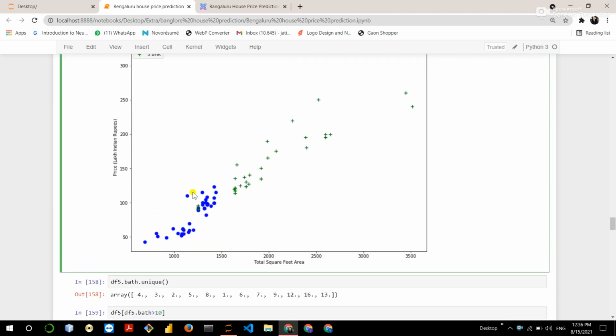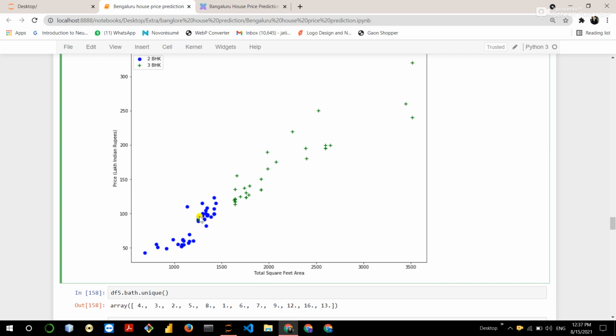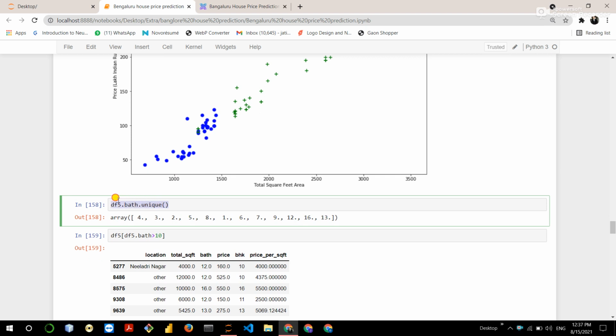So here you can see that now the 3 BHK price is higher than the 2 BHK price, and a little bit, the 3 BHK price should be less, but based on the location, some locations have a higher price.